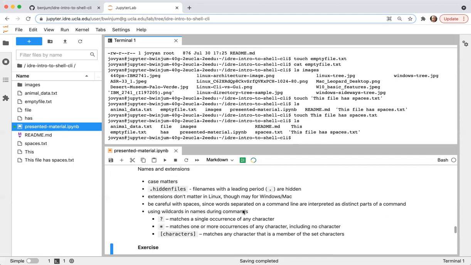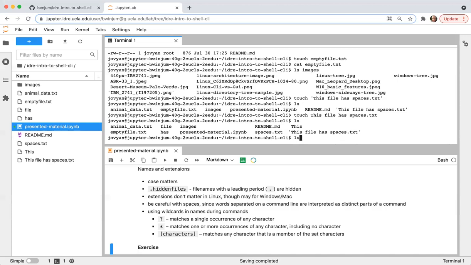And a final thing that I think is important to know is wildcards. Wildcards are ways of interacting with multiple files or directories that have some commonality in their names.